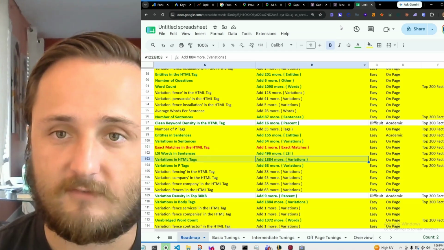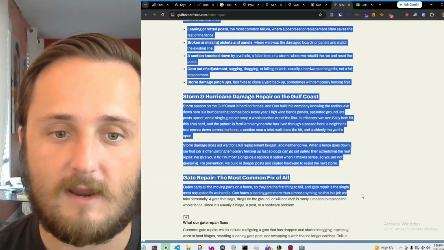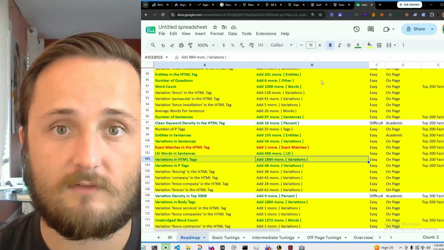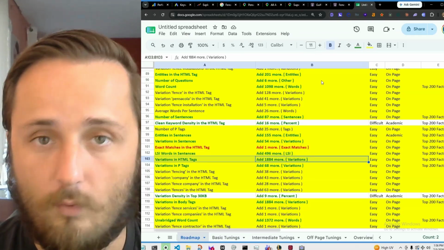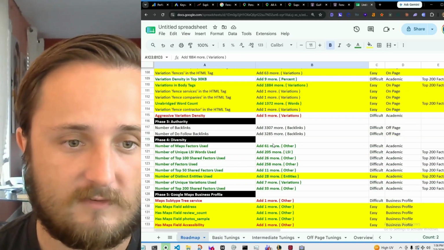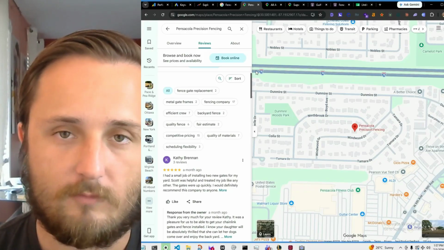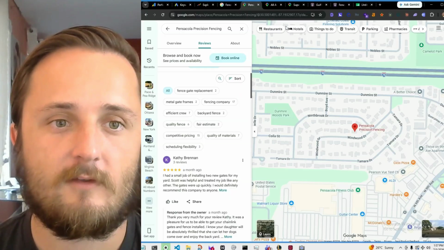Basically, the stuff that is making you able to see this content on page are HTML tags. And that is where you want to get all of these variations in to help you rank. Now, this is only one ranking factor of, as you can see, there's plenty. So when you go to rank as a fencing company in 2026, how I would do it is, first things